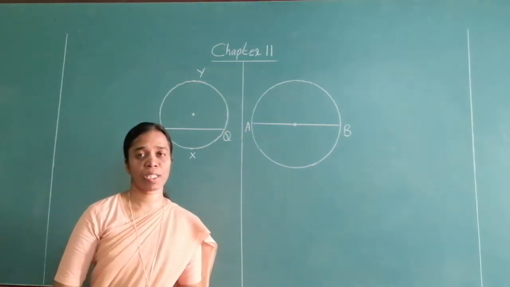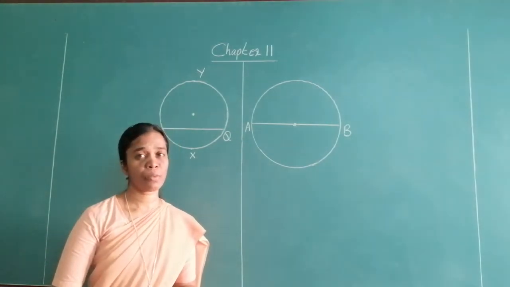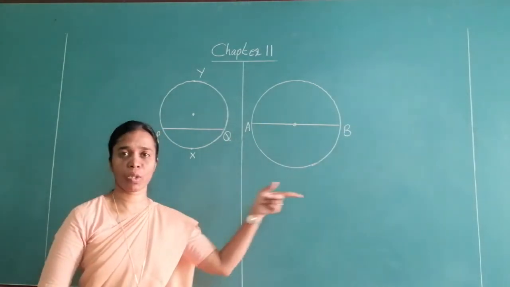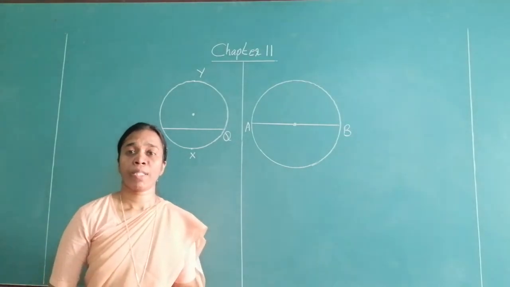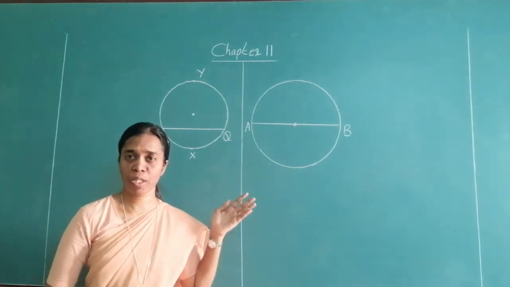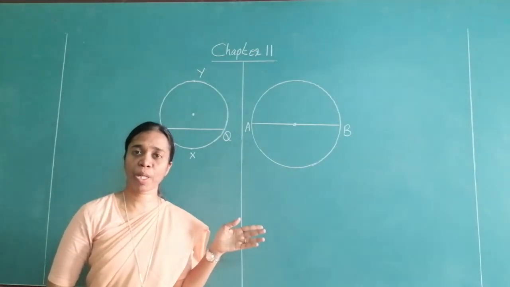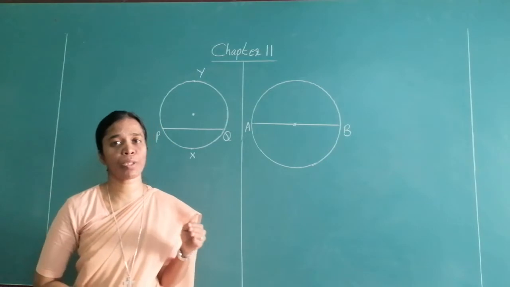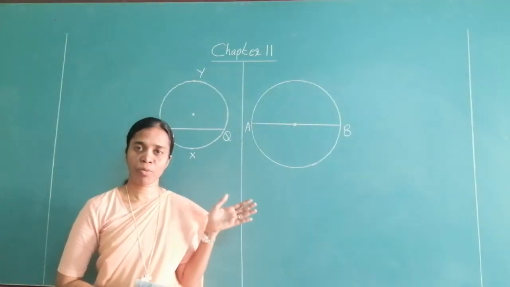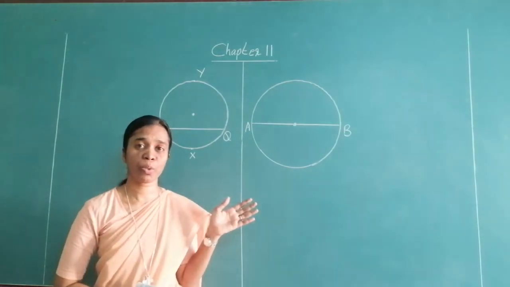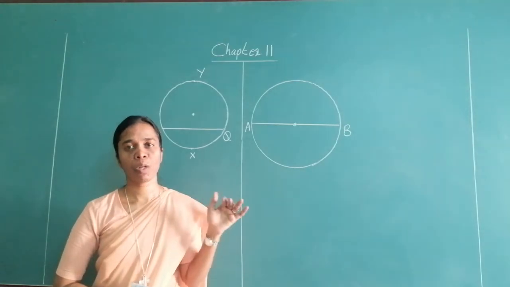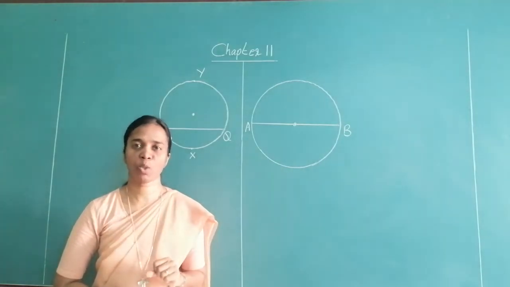We have seen what is circumference. What is circumference? The boundary measure of a circle. That is called a circumference. And you have seen that the ratio of circumference to the diameter is always constant, denoted by pi. The value of pi is 22 upon 7 or 3.14. How to calculate the circumference? Circumference is equal to pi d or 2 pi r. If one of the values is not given, how to find it out? This is what we have seen so far.